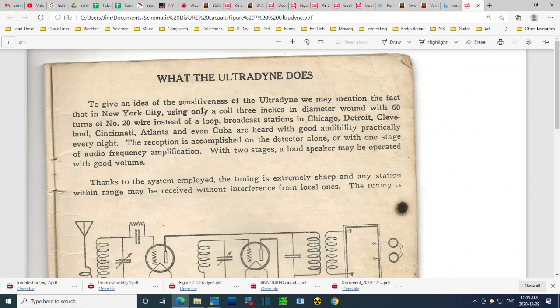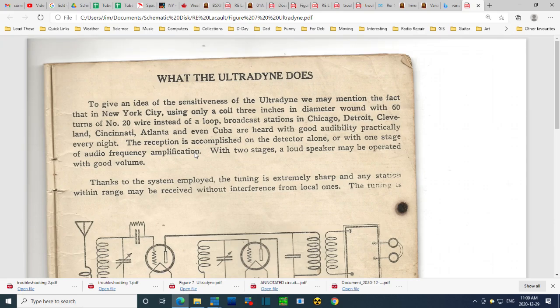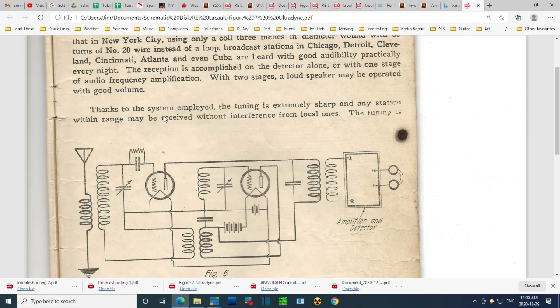To give an idea of the sensitiveness of the Ultradyne, we may mention the fact that in New York City, using only a coil 3 inches in diameter wound with 60 turns of number 20 wire instead of a loop, broadcast stations in Chicago, Detroit, Cleveland, Cincinnati, Atlanta, and even Aurelia are being heard with good audibility practically every night. The reception is accomplished on the detector alone, or with one stage of audio frequency amplification. With 2 stages, a loudspeaker may be operated with good volume. Thanks to the system employed, the tuning is extremely sharp, and any station within range may be received without interference from local noise. The tuning is...